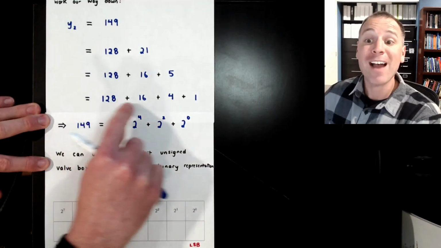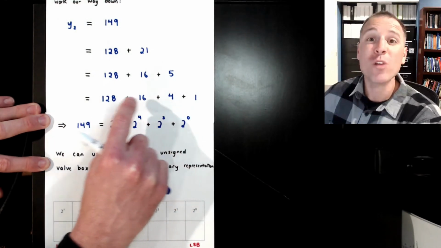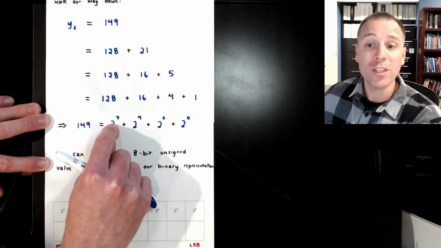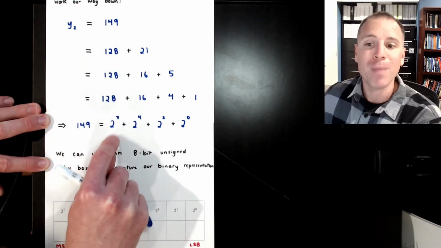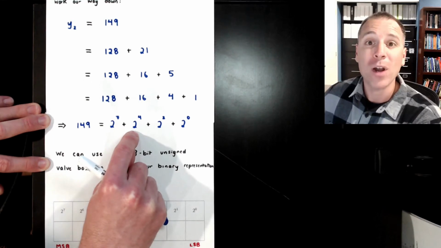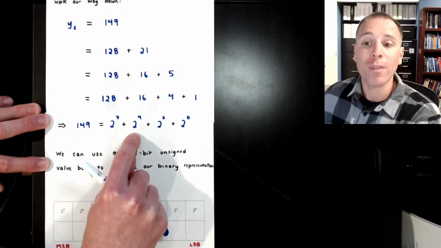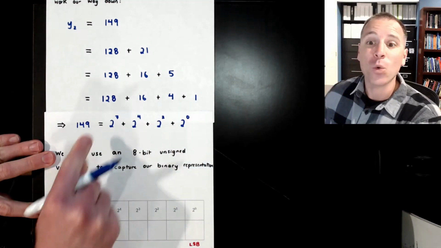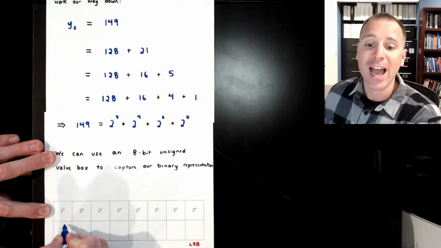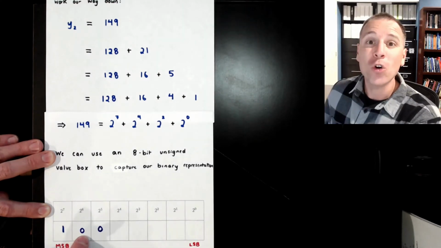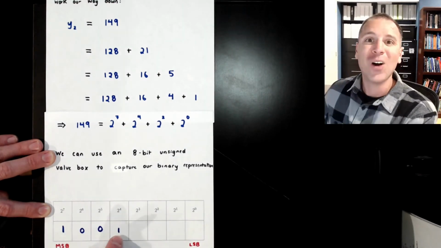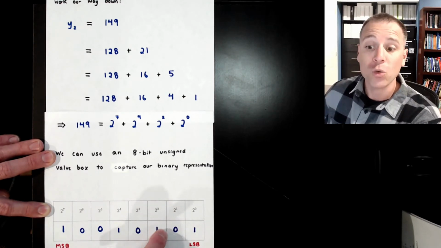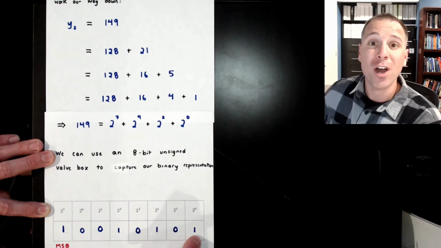But the moment that we have this representation, we actually can rewrite that using power notation. Specifically, we see that 149 is 2 to the 7th, which was the first power I picked off. I then looked for the next highest power that was in the remainder, which was 2 to the 4th. Then I looked for the next one, which was 2 squared. Then the last one was 2 to the 0. In other words, this algorithm identified first that I have one group of 2 to the 7th, no groups of 2 to the 6th, no groups of 2 to the 5th, one group of 2 to the 4th, 0 of 2 to the 3rd, 1 of 2 squared, 0 of 2 to the 1st, and 1 of 2 to the 0.